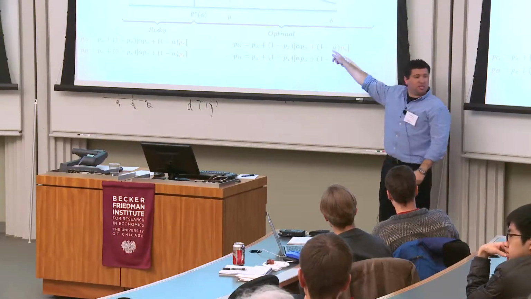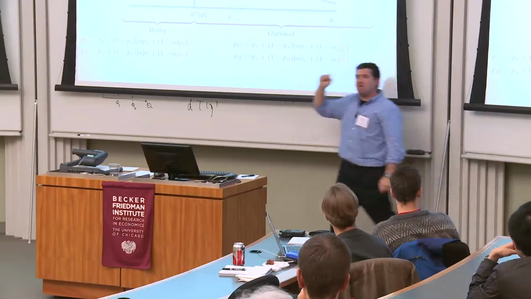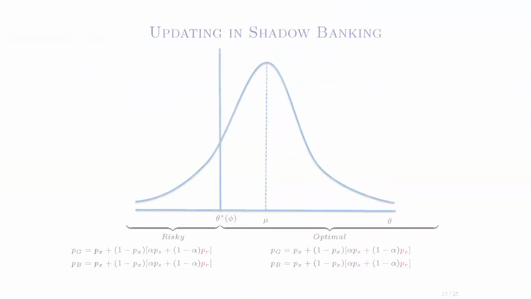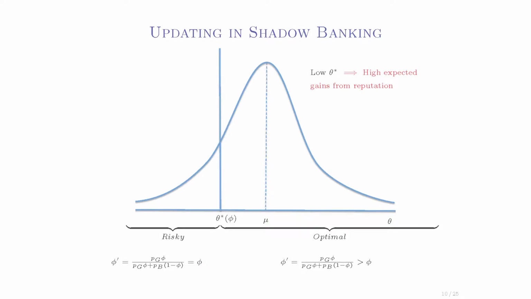What this immediately tells you is that if an investor observes this theta and observes that a bank repaid, they will assign a higher probability that that bank is good. This is the Bayesian updating. Why is that? Because he knows that the good bank would be able to invest optimally in that situation. They care about the future. If an investor observes this fundamental and observes repayment, it doesn't assign anything new. Good and bad banks behave the same, so the reputation doesn't get updated at all.